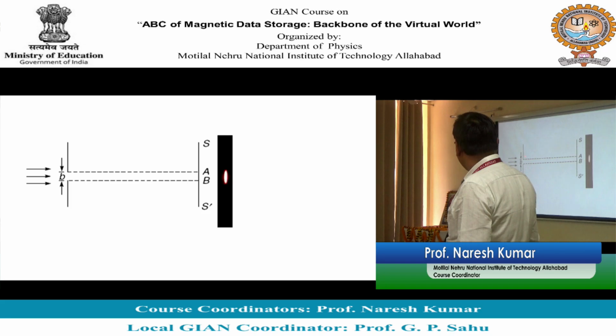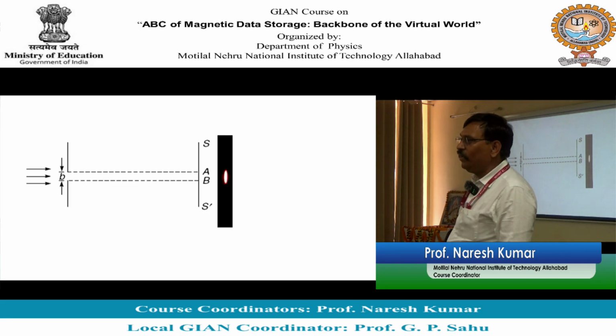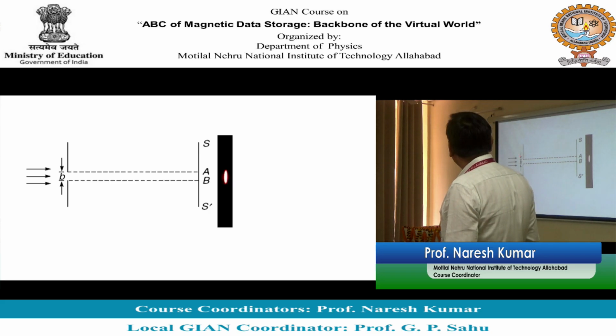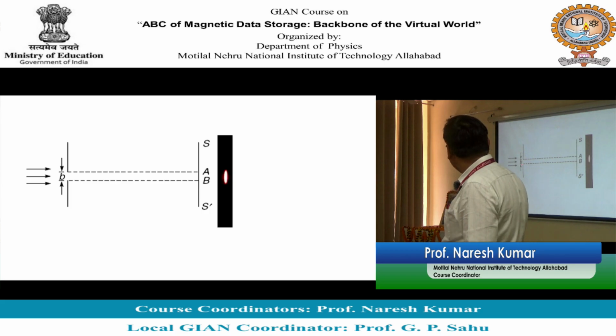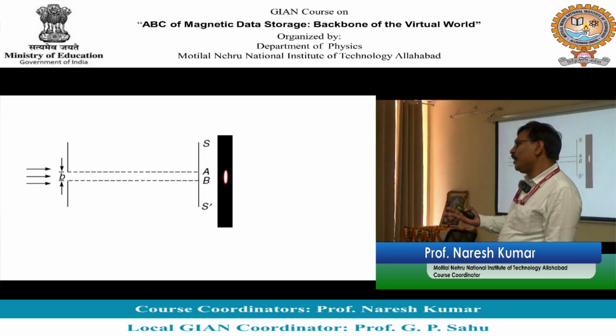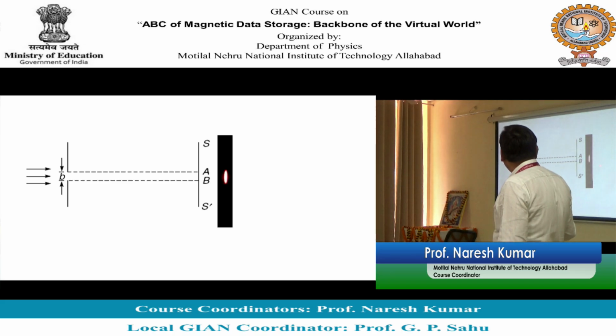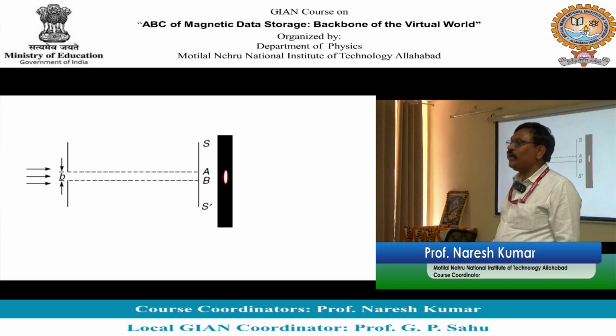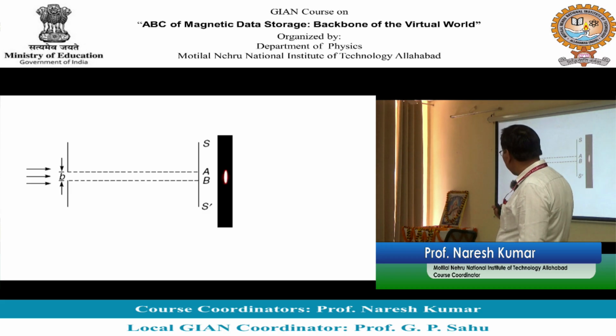Light is incident on this slit, and that is a screen. So ideally speaking, what I should observe at the screen is something like this, because the light is passing through the slit, and the image of this you can see here. So generally I would see this kind of spot at the screen,